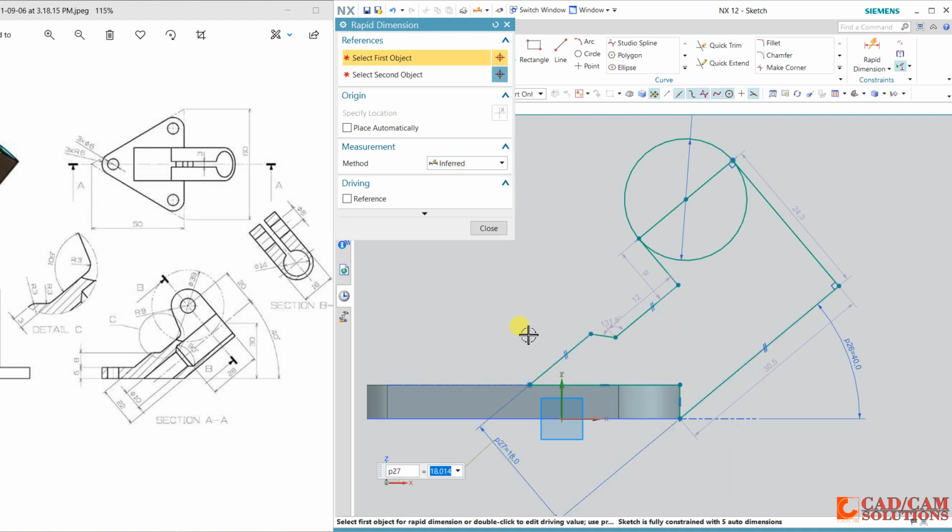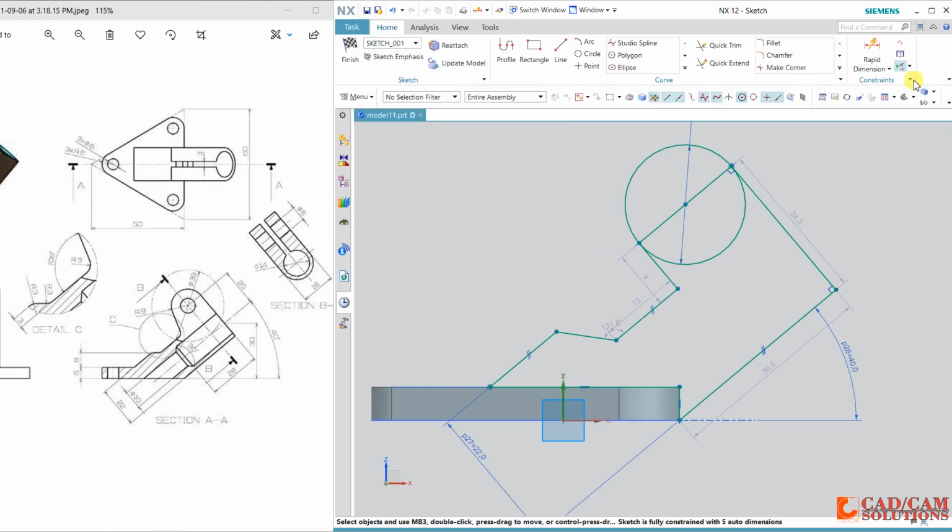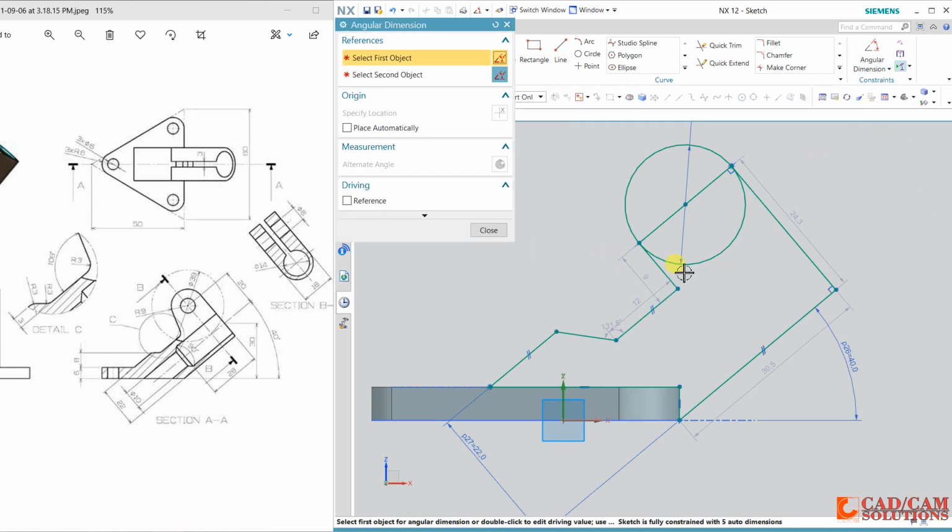This gap is 22 and 10 is the internal gap. 9, and here we have 3 and 108, the angle is 108, so select angular.